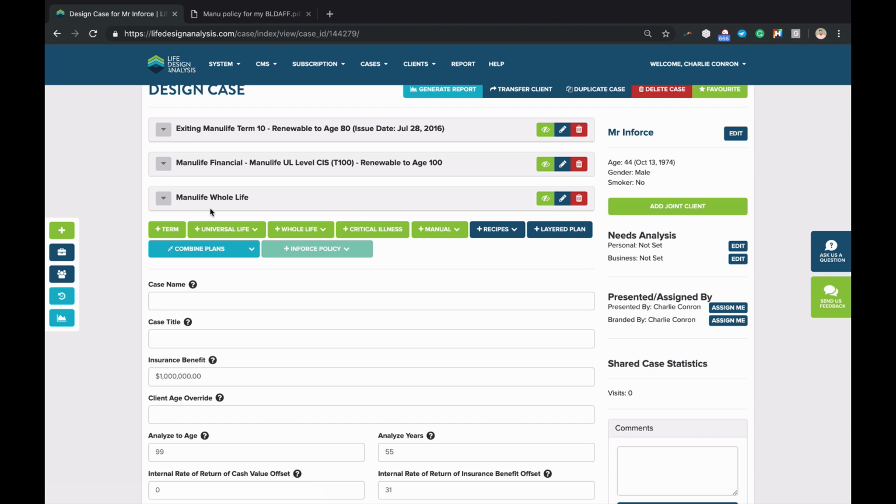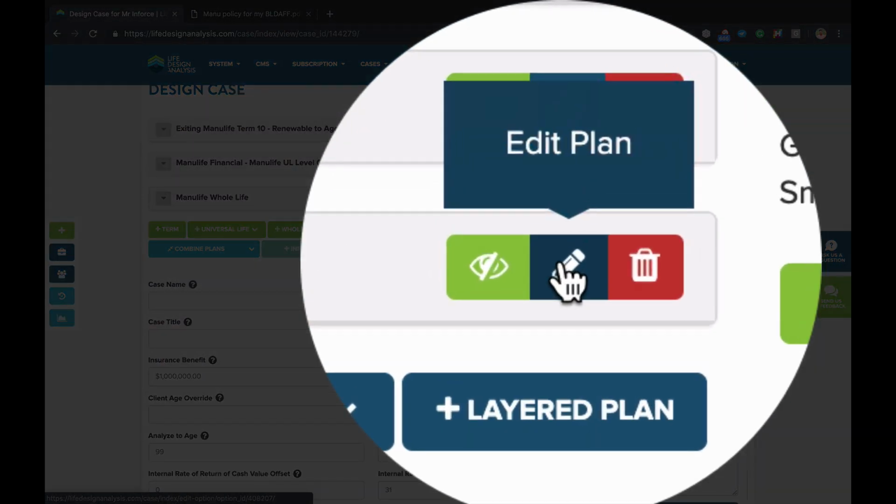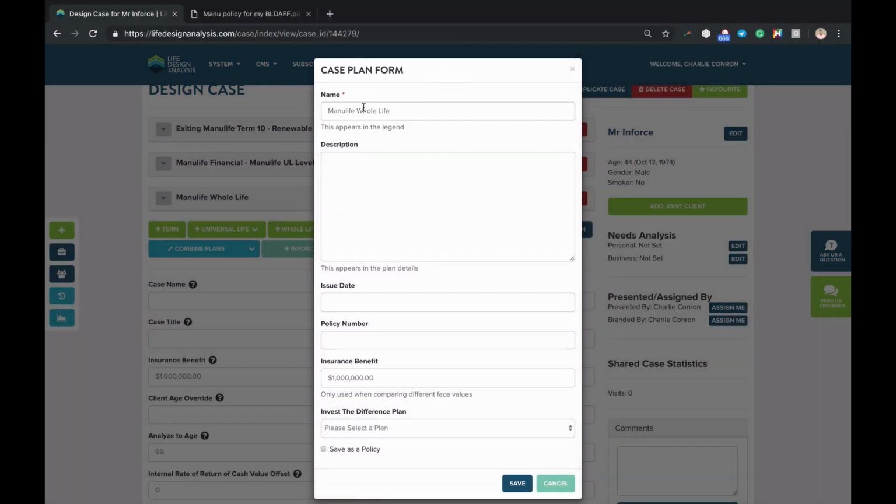Now, when we present this to our client, we want to be really clear, and we want to make it a little bit more marketing friendly to them. So again, remember, you can do things like go into the edit plan, and you can say this is not just Manulife Whole Life, this is Manulife Par. And you could say that this is,